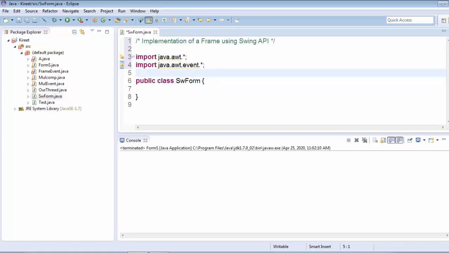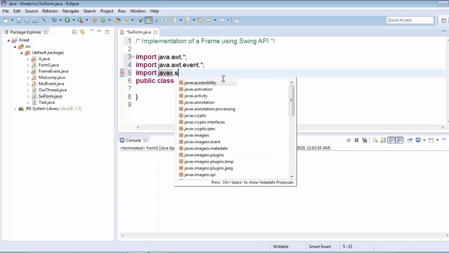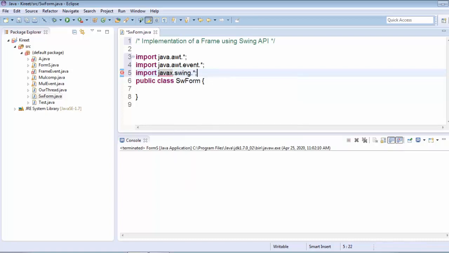And before starting with Swing, we have to import javax. This is not java, this is javax. It means Swing is the extended version of AWT. So here we use import javax.swing.*.